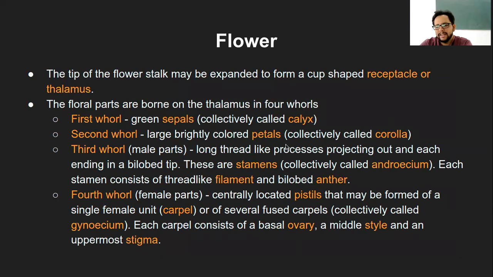Again, just like in the male, where individually they are called stamens and collectively the androecium, in the female individually they are called pistils or carpels, and collectively we call them the gynoecium. And each gynoecium or each carpel consists of three basic parts, that is